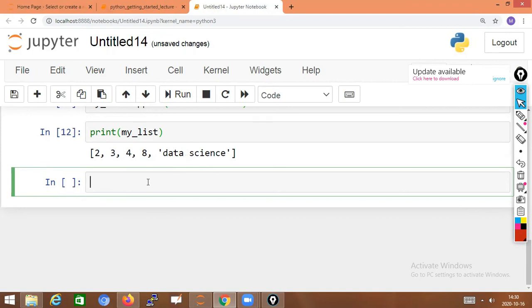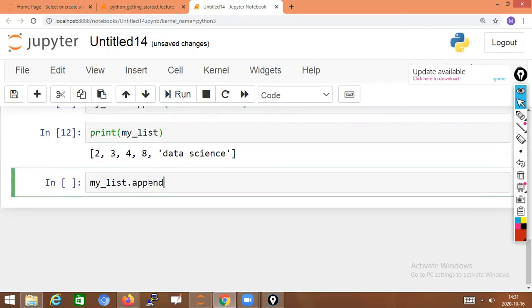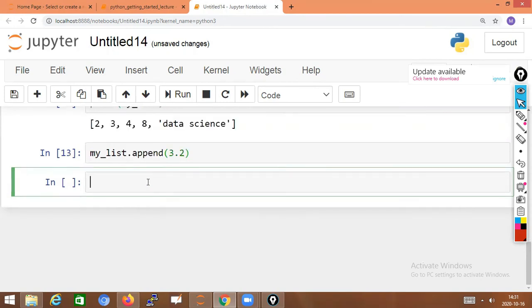Now next I'm adding a floating, that is decimal, number. My list dot append. Append is to add an element. I'm adding 3.2. Shift+Enter. That line is executed. We will check it.